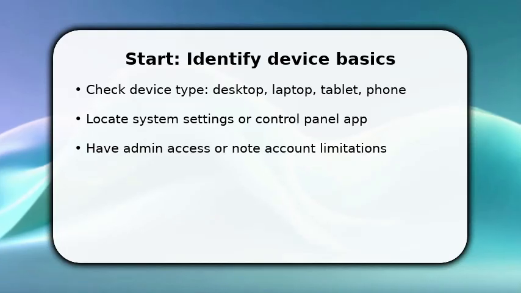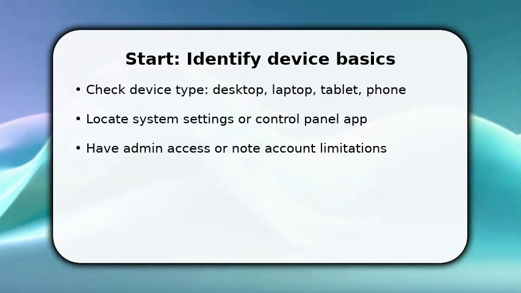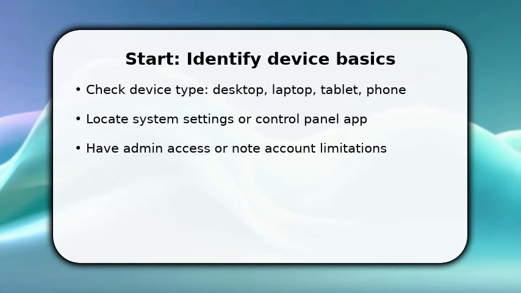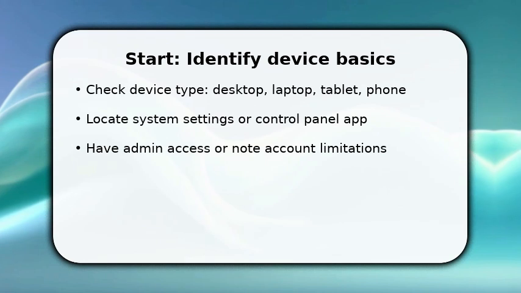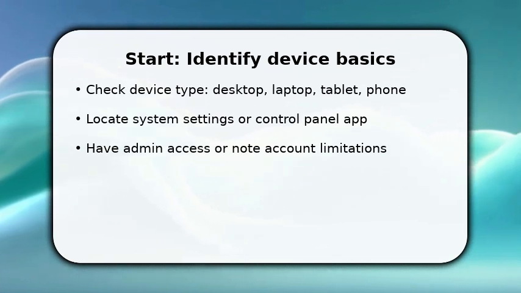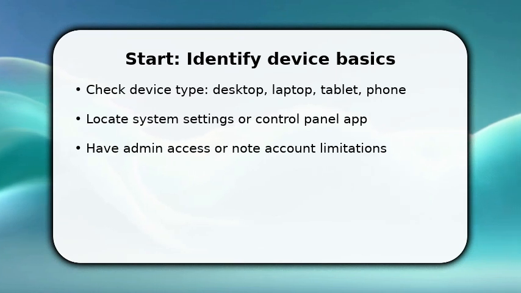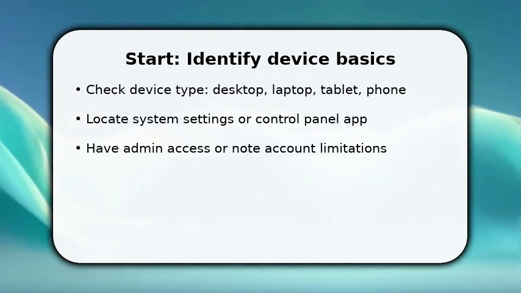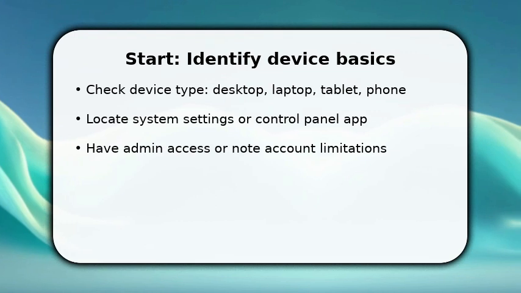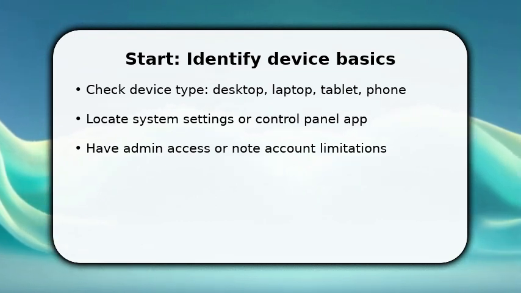You're starting with the essentials. Identify whether you're on a desktop, laptop, tablet, or phone, and make sure you can open System Settings. Once done, look for labels like Settings, Control Panel, or About. These are the entry points. If you need admin privileges, switch to that account now or note restrictions so you won't be blocked later. This step speeds everything. Identify device class, find the system app, and confirm your access so we can run the